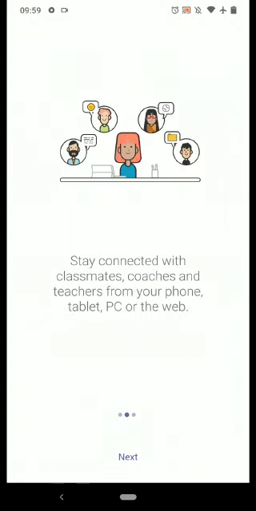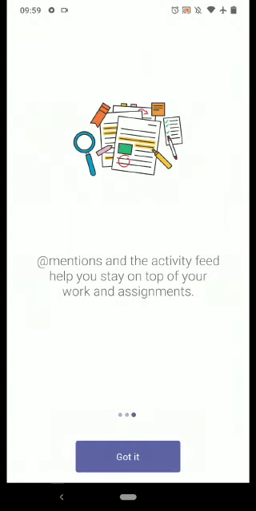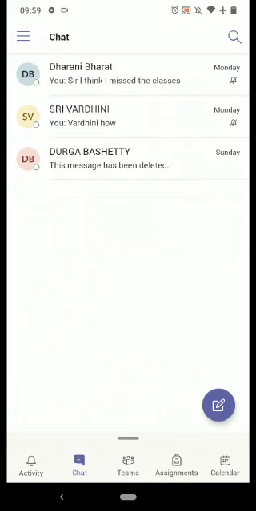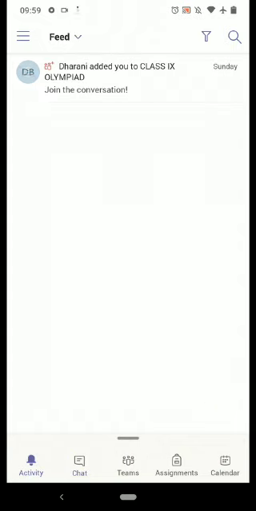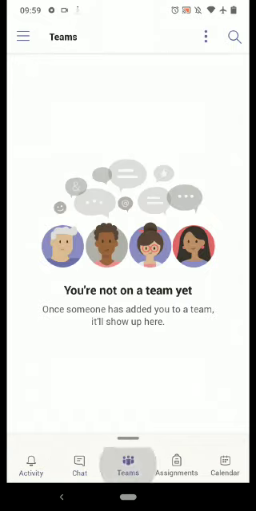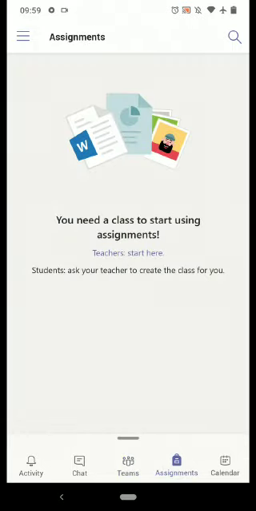You just click on next and got it. Then you will come to this screen where you will find activity at the bottom, chat, teams, assignments and calendar.